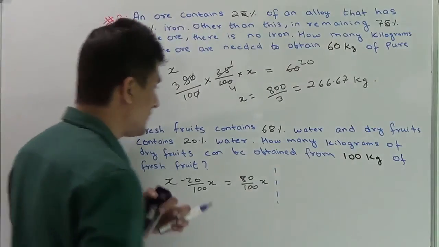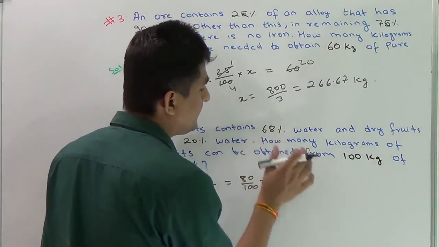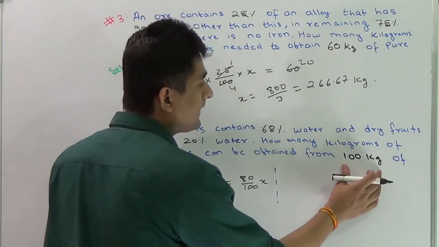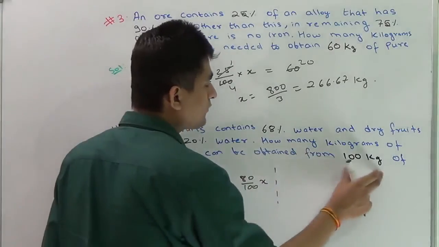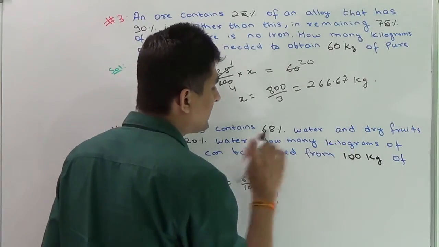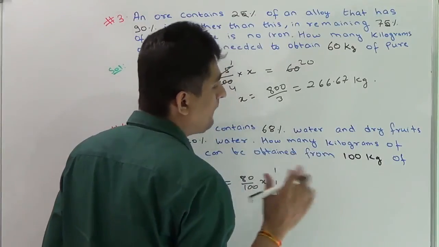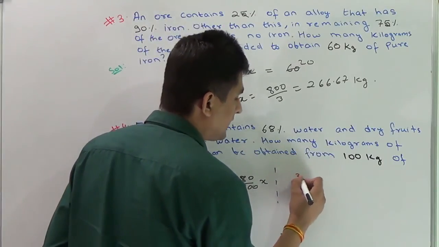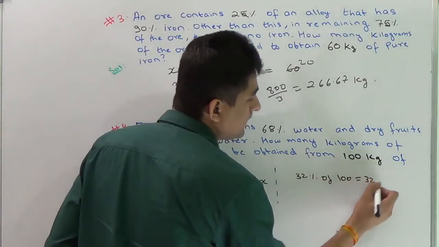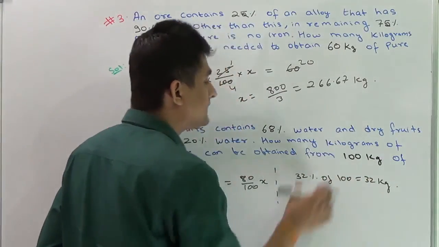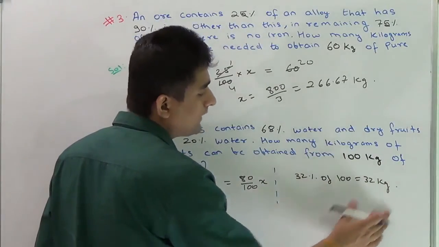Now coming to the next condition given in the question. The second condition is fresh fruit contains 68% water, and now we have 100 kg of fresh fruit. In 100 kg of fresh fruit, if 68% is water, I can simply say there is 32% raw material. That means 32% of 100 is 32. That means in 100 kg of fresh fruit, there is 32 kg of raw material